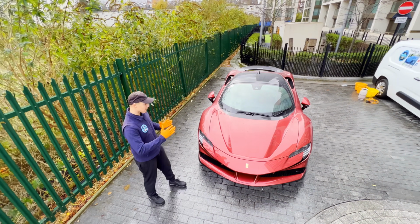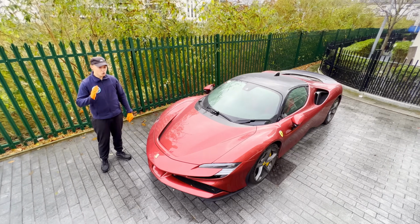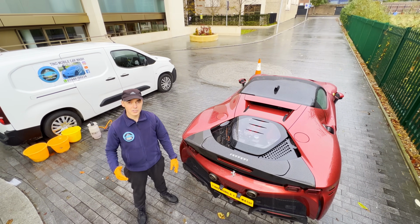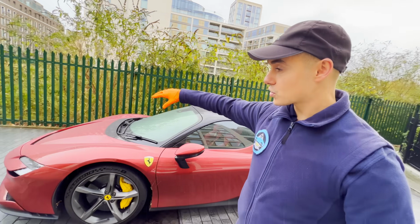Today we have the special Ferrari in for a wash. But as you can see, the weather's not the best, but the show must go on. And follow along and see how I can get the job done. But first, before we get started, I'd like to check out the condition of the car just to see what